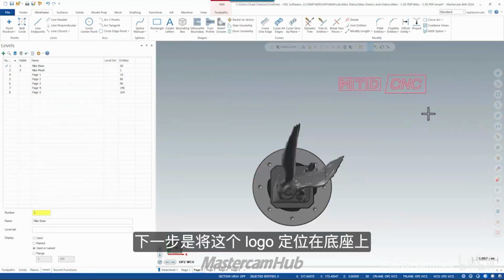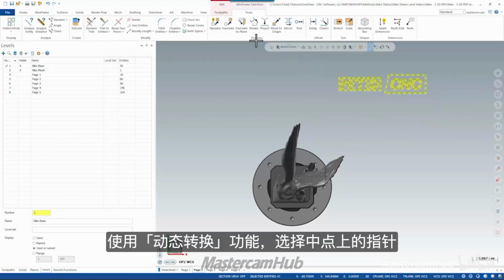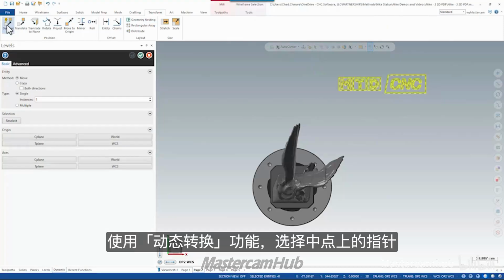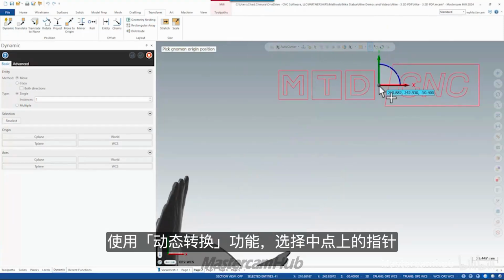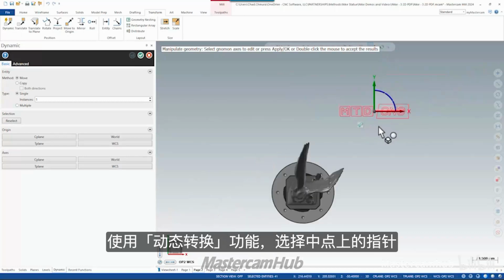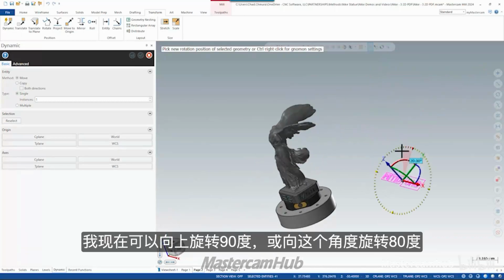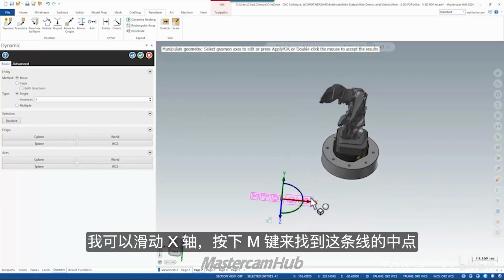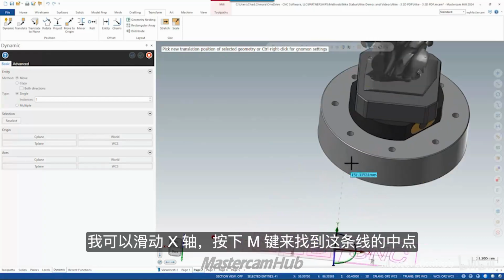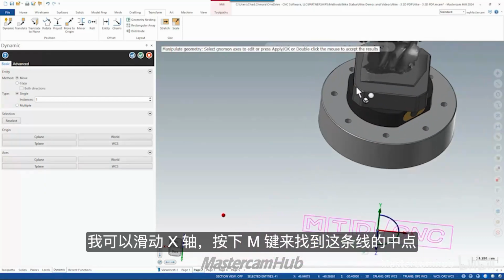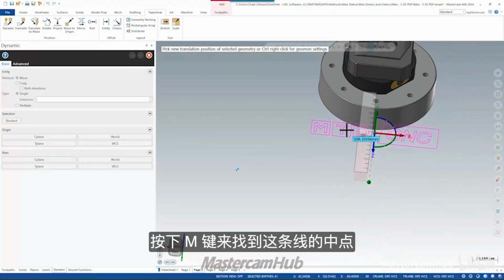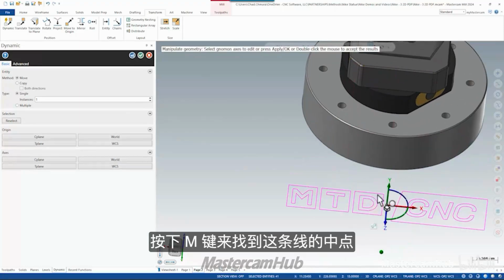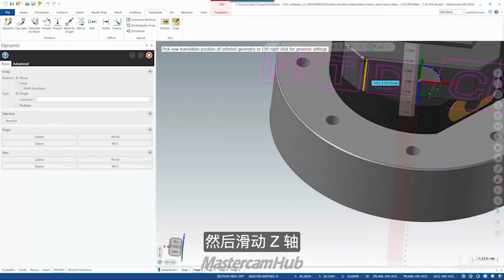The next step is to simply position this logo on the base. Let's select all, transform, dynamic. Selecting the gnomon on the midpoint, I can now rotate up by 90 degrees, rotate this 180. I can slide the x-axis and type the M key to find the midpoint of this line, and the same thing with Y, M, midpoint of that line, and then slide the Z in so that we land on that